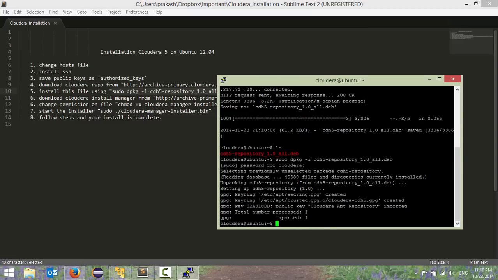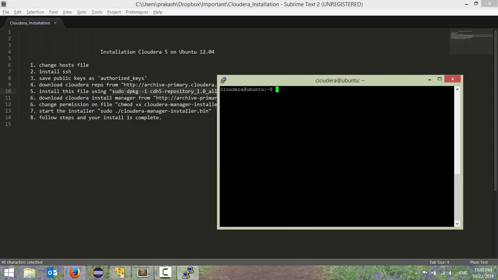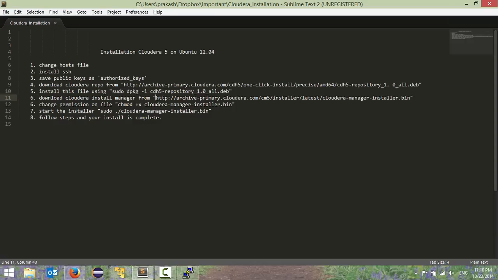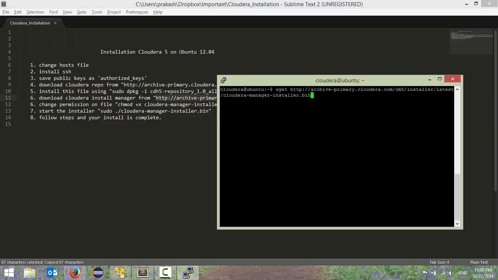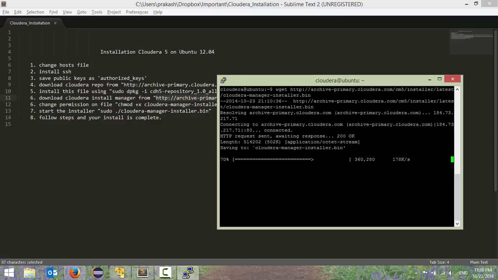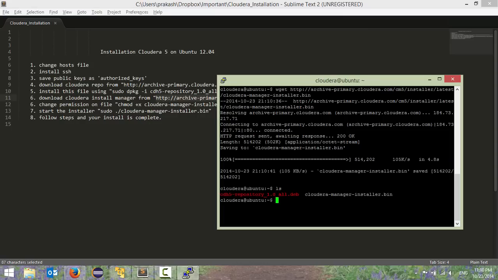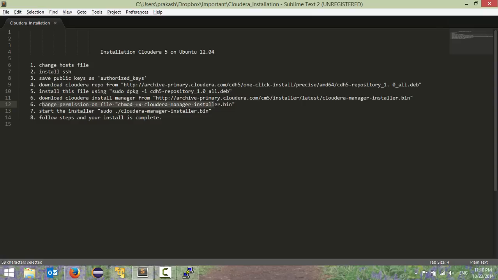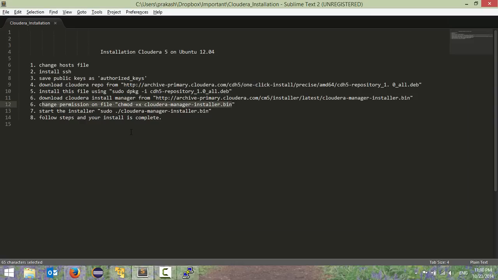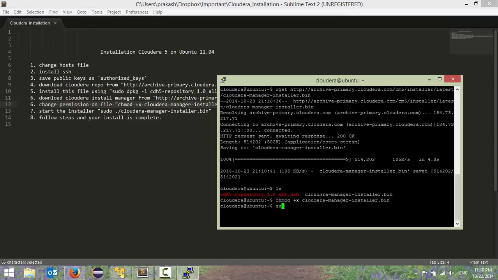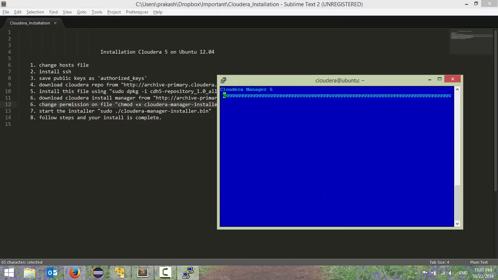Once you install the repository packages, you need to download the cloudera-manager. I use wget. Once you have downloaded the manager, you need to change the permissions on it. You can use chmod +x on the file name. Once you have changed the permissions, you can run the manager using sudo ./